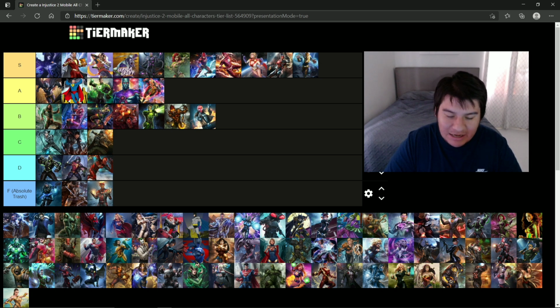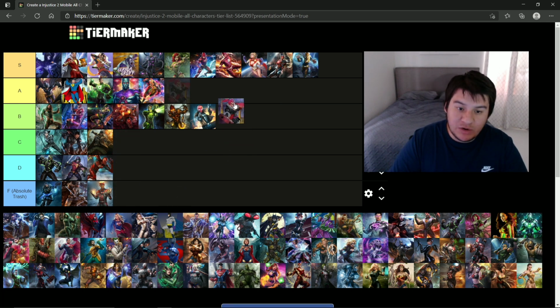He reduces dot damage for the entire team. That's it. We're going to put him in the F tier for sure. Trash character. Trash can. Dust collector, you're never going to put this character in any team for arena or raids. Just forget about him. Let's move on. The next character we're going to talk about is going to be